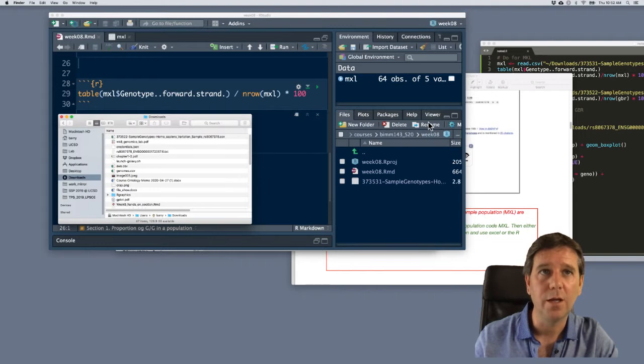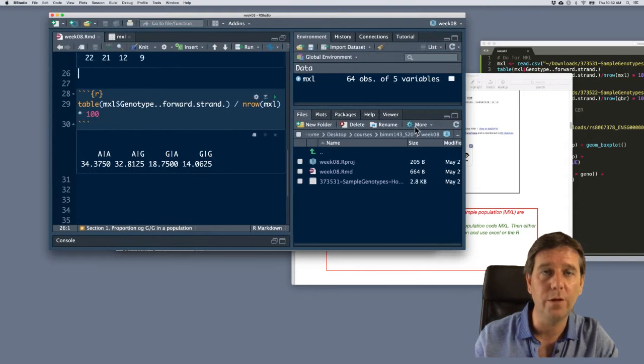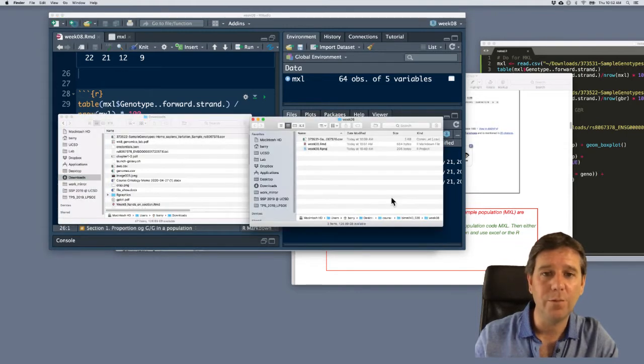So I'm going to say here, I've squished this in a little bit. Let me unsquish it for this more button, more, show folder in new window. So that opens it up right here. So this is my project directory. I could check that because it says week 08 on it. And then I've got the other Finder window here that's already open in my downloads folder with all my downloads,